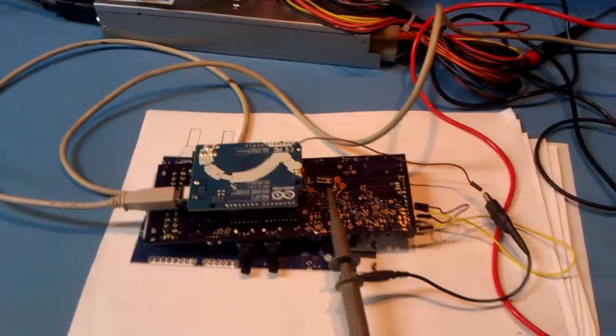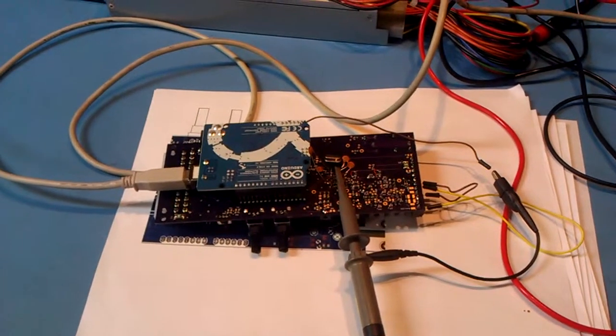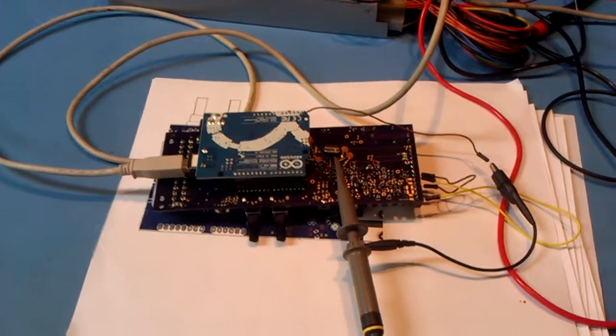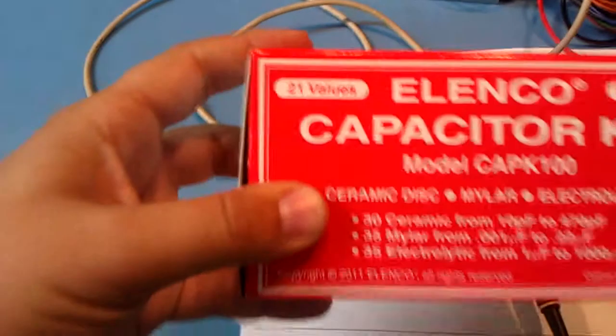Hey guys. So after the hangout today, I was excited to come running out here and see if I could get my crystal working. I've been using 47 picofarad ceramic capacitors out of a little kit,